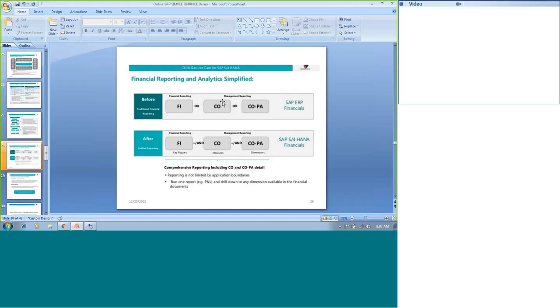So majorly the changes are in asset accounting and COPA only. Asset accounting, COPA, cash and liquidity management, joint venture management system. He majorly concentrated on these scenarios.